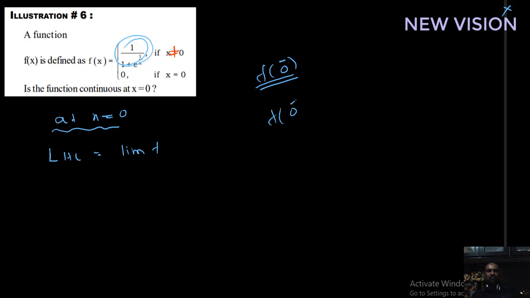Okay, we want f of 0 plus. If we can identify a rule satisfied by f for the values of x greater than 0, and in that rule put x equal to 0, what you get is taken as f of 0 plus. But here only x is not equal to 0 is given. What is the meaning of that? 0 plus or 0 minus, only a unique rule. That's why you can't directly find f of 0 minus or f of 0 plus. We want to use LHL and RHL separately.